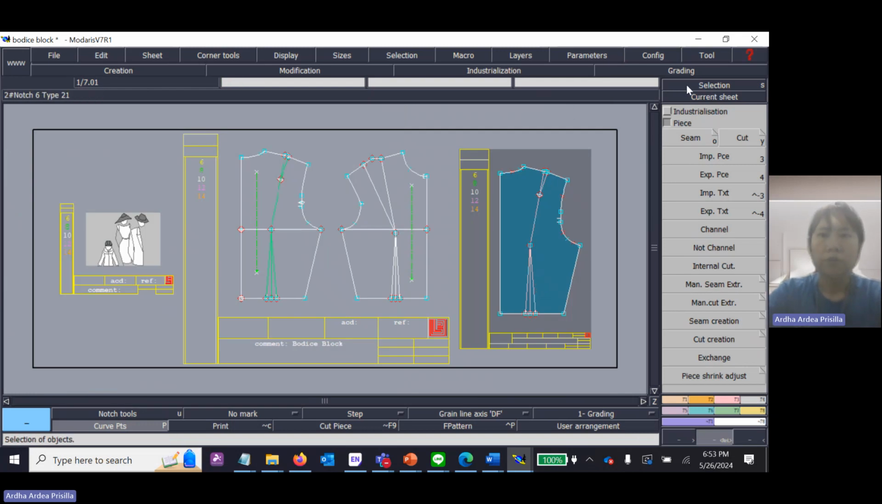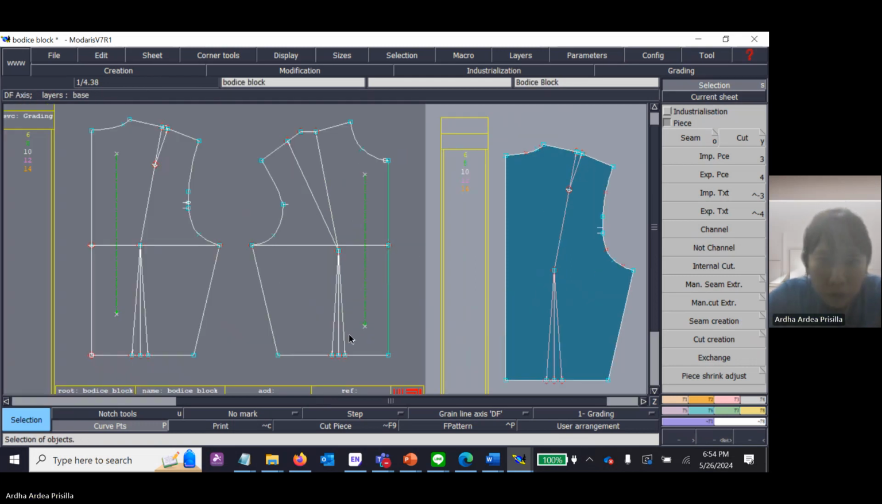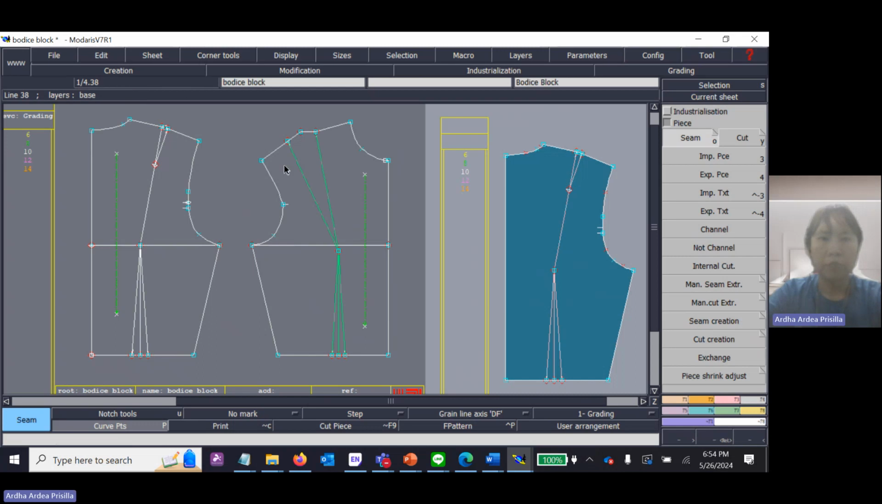So for the front, I will also select the dart here, pressing the shift, selecting the dart. I will just zoom. Okay. All right. I have selected the darts and then go to F4, seam, and then click, click, click, click. And then